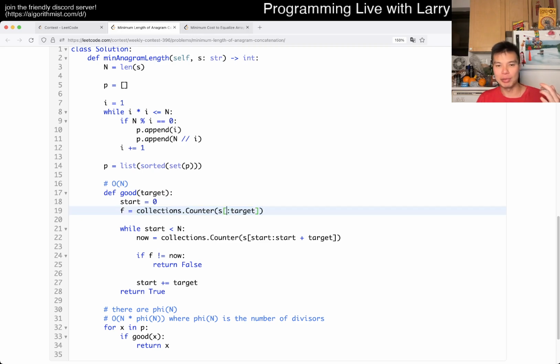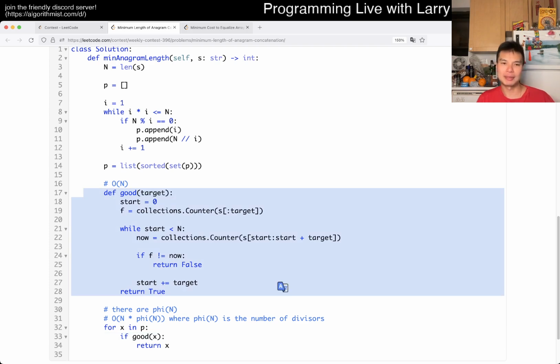So I get a frequency table of the first target characters, and then I also do it for every chunk of target characters. And if they're not equal, then return false, and otherwise you keep on choosing it. And then once this is returned true, then we're good. And that's pretty much it. That's all I have for this one. This is linear time,